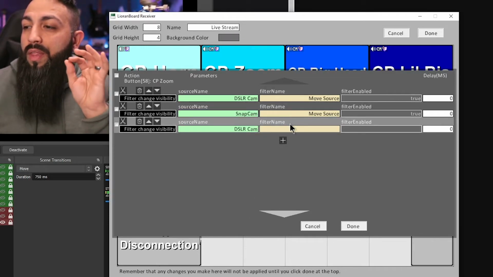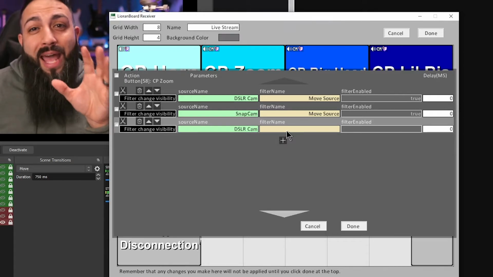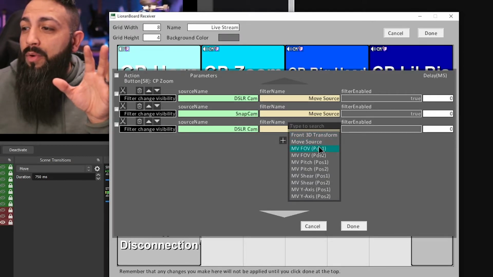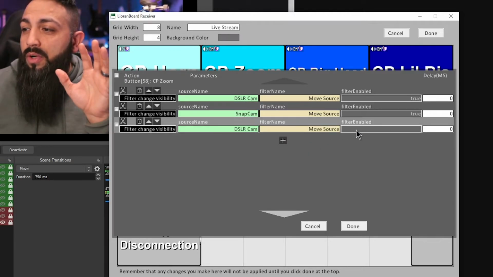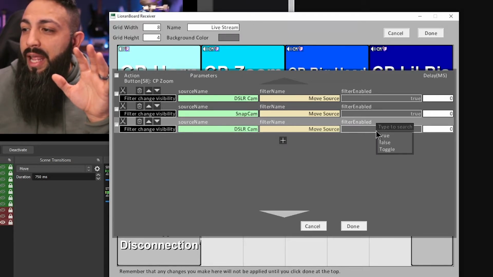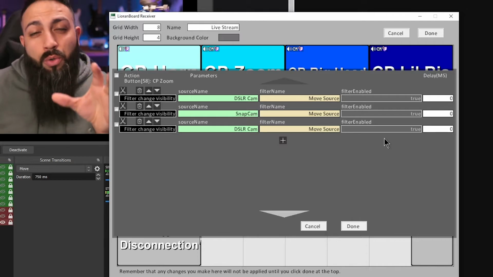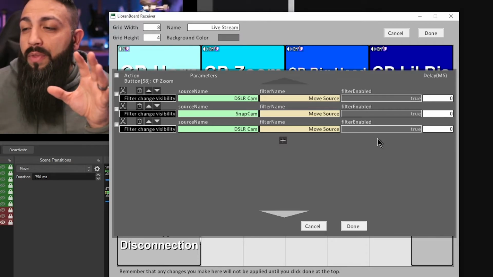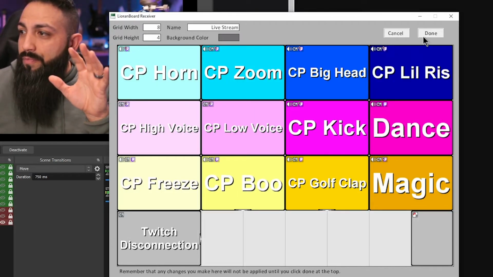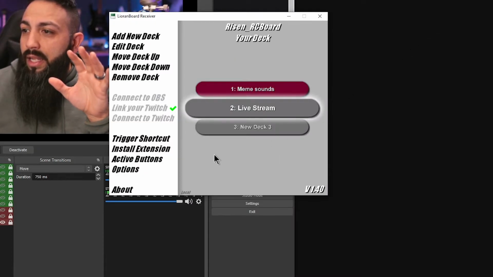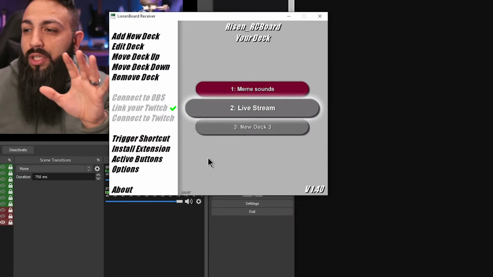And then within that scene, the filter that we added was the move source. So we're going to choose move source, and then for the filter that we want to enable, we want to make that true, and then you click done, and then click done, and that should